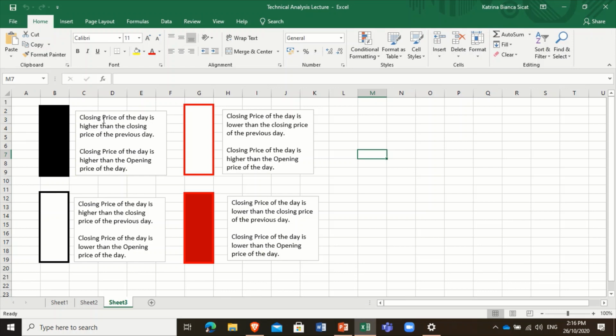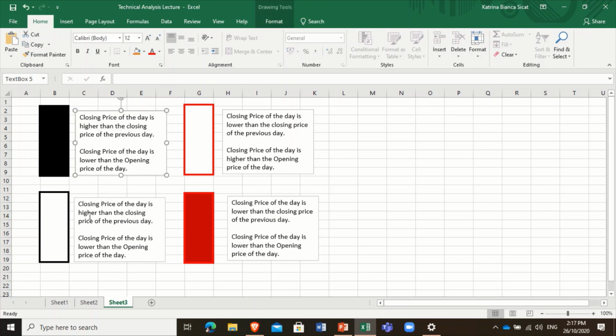Okay? Again, closing price of the day is higher than the closing price of the previous day. Kasi kung hindi, kung ang closing price of the day ay mas mababa, dalawa na lang ang pinagpipilian mo. Pag ito ay lower, it's red, hollow red, or red candlestick. But kung mas mataas, closing price of the day is higher than the closing price of the previous day, dalawa lang ang pinagpipilian mo. It's either black candlestick or white candlestick. But anong pinagkaiba ng black sa white candlestick? Ang black candlestick, the closing price of the day is higher. Okay? Ako, baliktad yata. This should be lower.